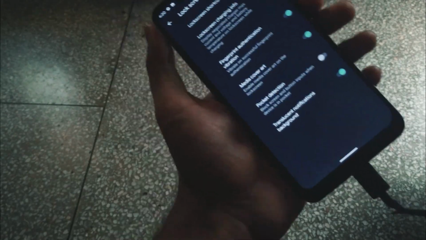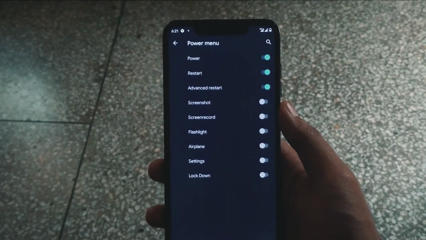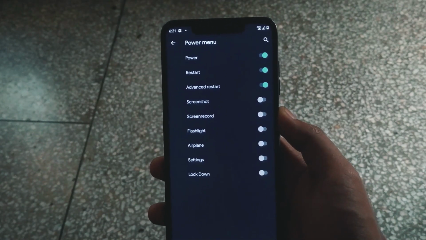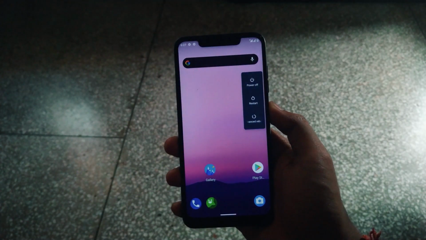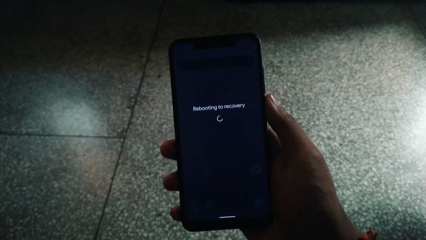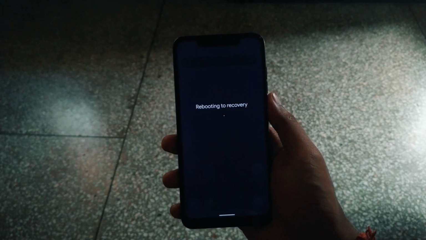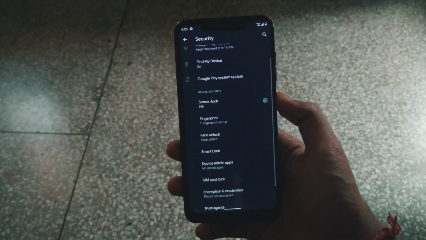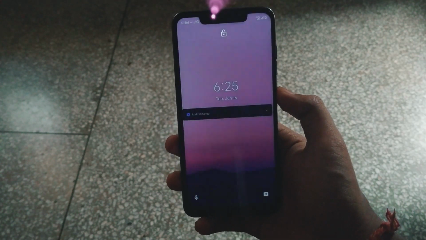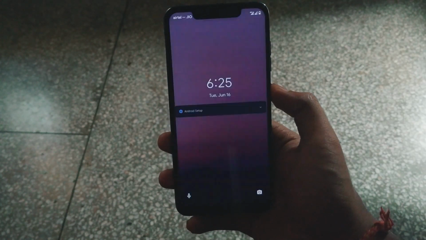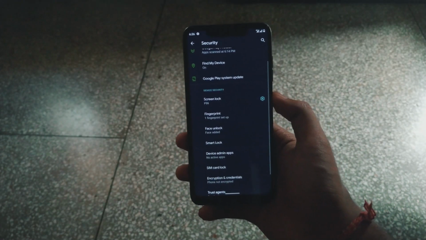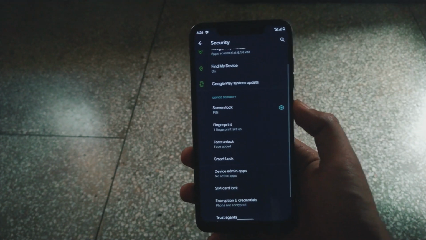No issues so far. And guys, when you enable advanced reboot and when you tap on it in power menu, it will reboot your phone to recovery instead of pushing few more options like restart system UI, reboot to bootloader, etc. You also get face unlock in this Nitrogen OS, which uses IR cam, so yep, that's really good. I didn't face any weird issue while setting up the face unlock. It isn't super fast, it isn't slow either, it is quite responsive and works fine most of the times.